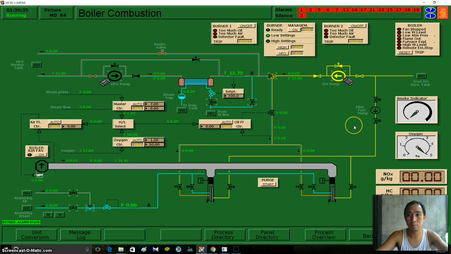Let's press F12. So we're going to switch on our boiler fan, but our airflow control must be set to 10% first. Our oil controller, this is 10 also. Okay.